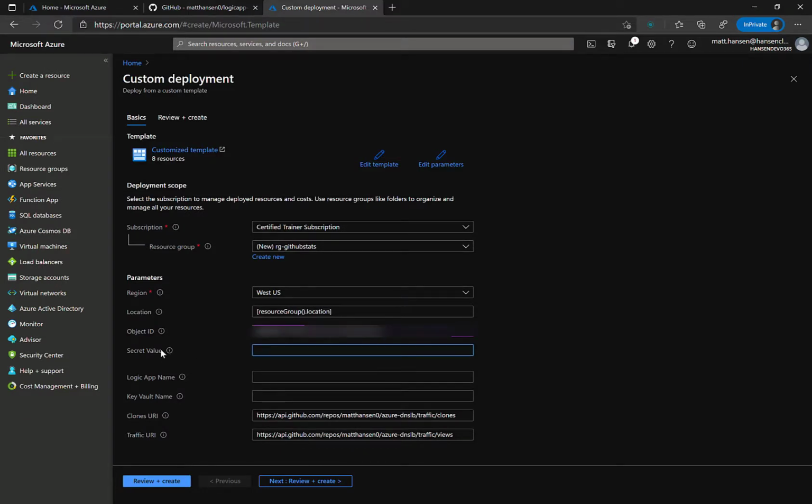The secret value, if you look over the informational button here, says that this is the GitHub personal access token to be stored in Key Vault. I'm going to go ahead and grab my personal access token. This is stored as a secure string on input, so you'll just see dots here, and you will do the same for your account. Logic app name, I'm going to call this GitHub stats LA01,